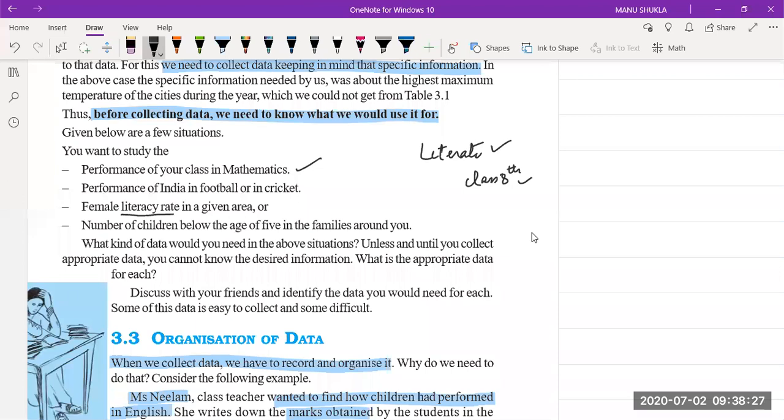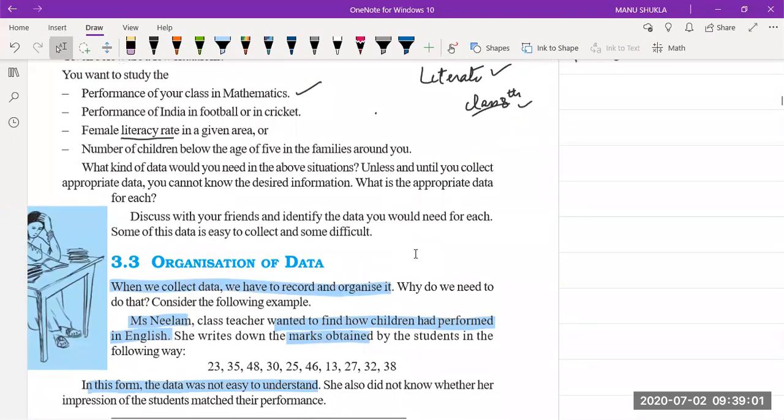Okay, beta. Now, literacy rate, suppose in our area, if a woman has passed class 8th, we will consider her literate. Suppose you go to a home, and the woman there has studied only class 7th, we will keep her in the illiterate column. If she has done 8th class or 9th or 10th or 12th, we will keep her in the literate column. Like this, we will collect the data. Okay, all of you got this?